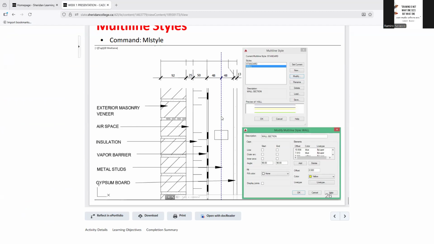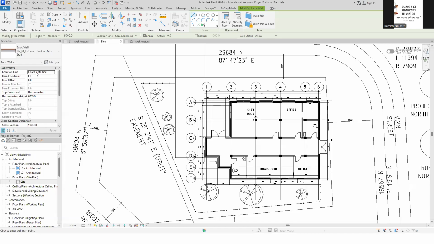We want to do the same, assign the same location of the line or the wall based at the core center line. Number 1. Number 2, we want our wall to start in our level 1, and we want it to go, remember we're creating a 3D model, not just a simple line.